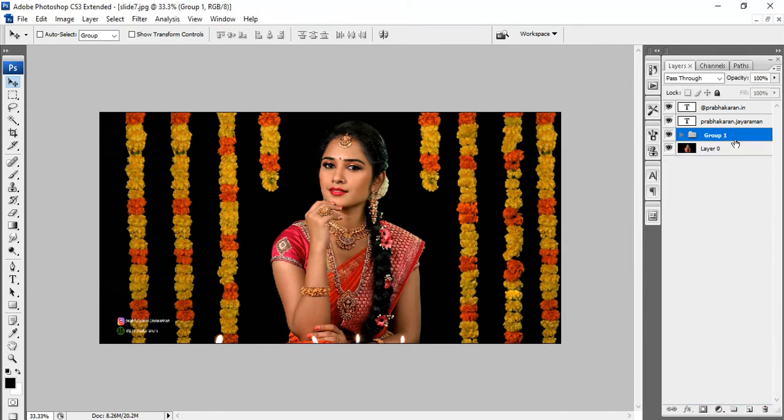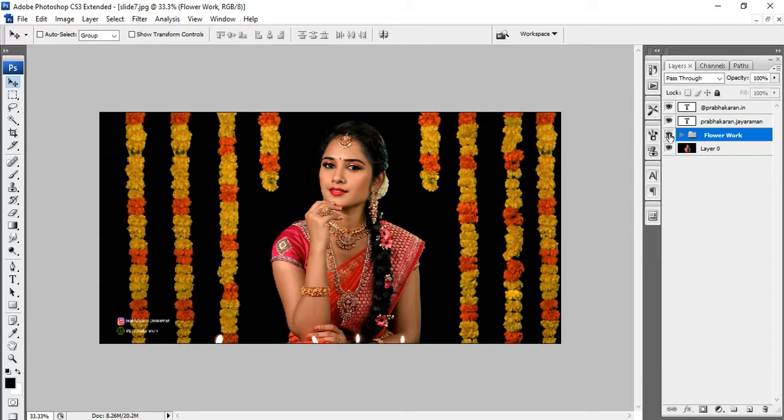See, when I place them, it's automatically created with the default name Group 1. Now you can give it a name. I'm going to name it flower work. I'm never going to touch this layer until the design is finished, and that's the reason I'm making it a group.